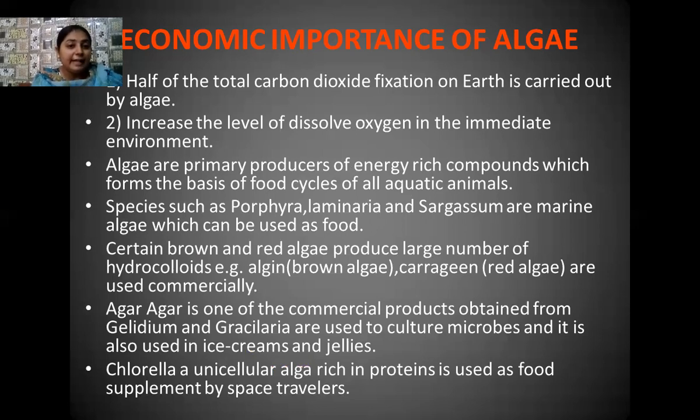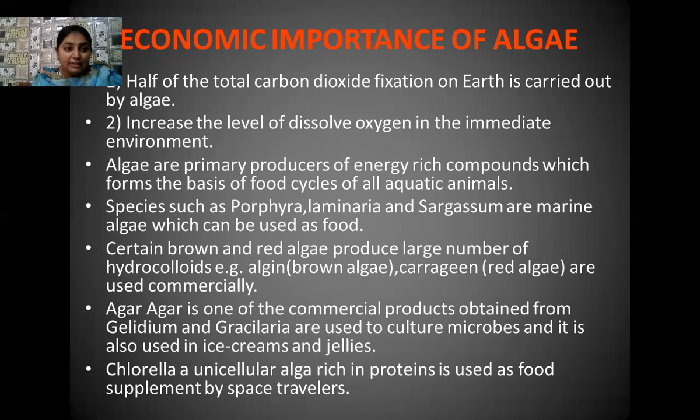In case of red algae, they are used commercially for wrapping fruits and vegetables when they have to be transported from a long distance to some cities. The next one is agar agar, a common kind of commercial product which is generally used for culturing various types of microorganisms. It is generally manufactured from the species of Gelidium and Gracilaria. Also, both of these algae are used to enhance the flavor of ice creams and jellies.